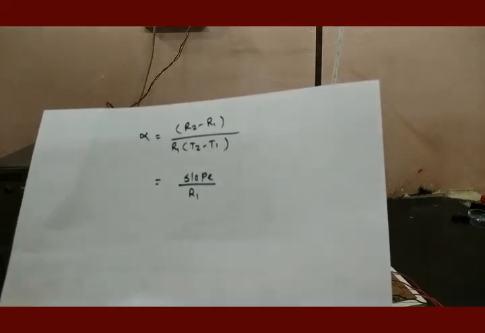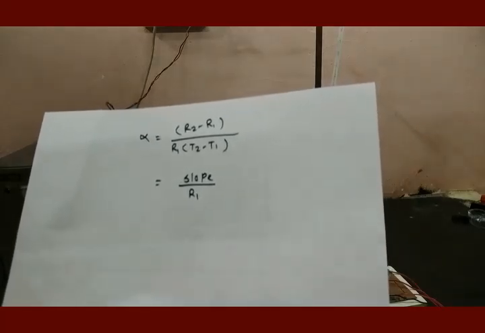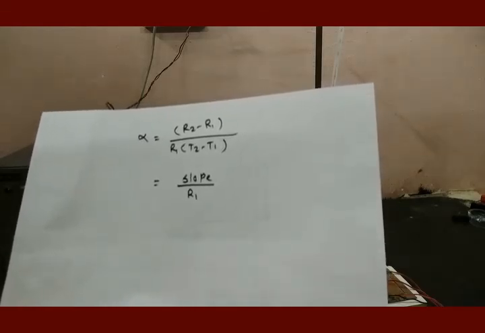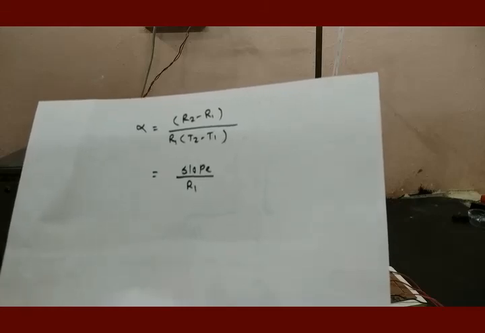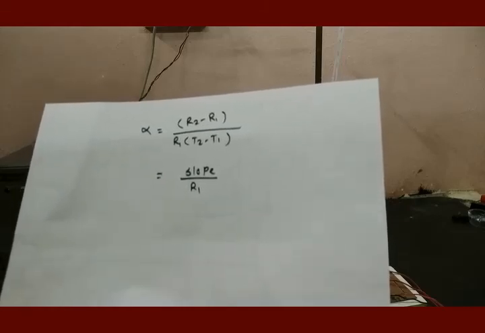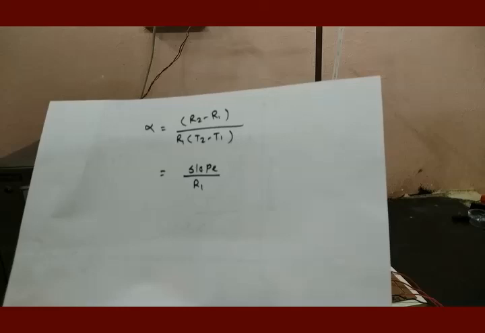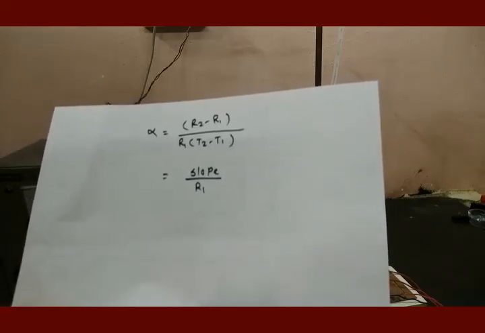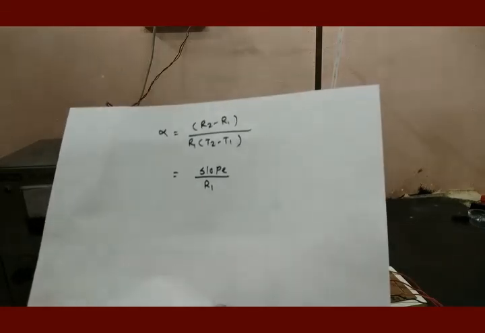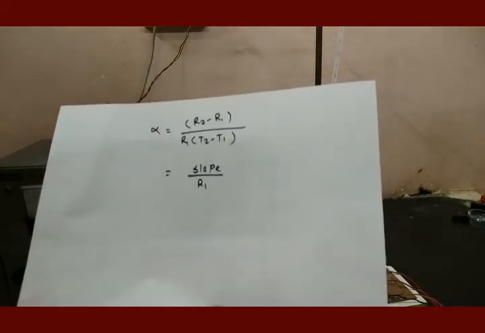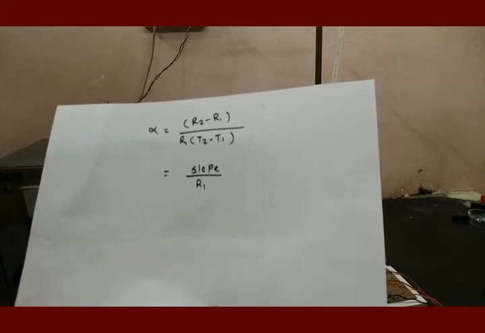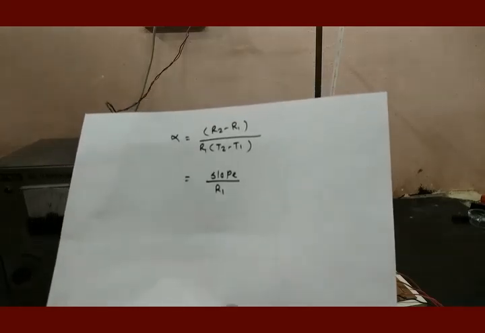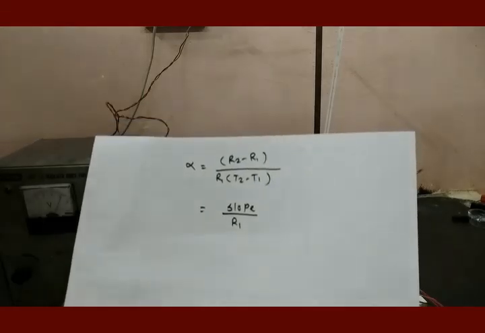its unit will be just per degree Celsius. The unit of resistance will get cancelled, and what is left is a dimensionless figure, or simply a numeral divided by temperature. And so the unit of alpha, the temperature coefficient of resistance of the given thermistor, will be simply per degree Celsius. Only you have to do the calculation and get the correct value. This is to be done by BSc second year students.